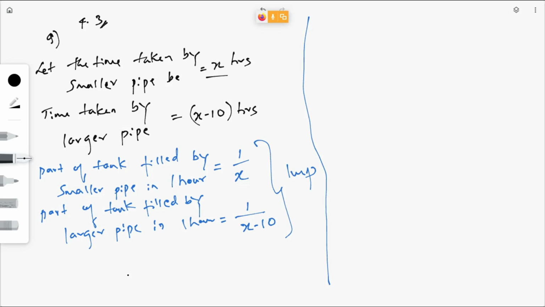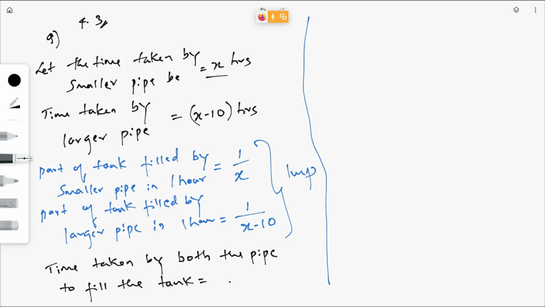Next. First sentence from the problem: two water taps together can fill a tank in 9 3/8 hours. If you keep both open, then they will fill it in 9 3/8 hours. Time taken by both the pipes to fill the tank